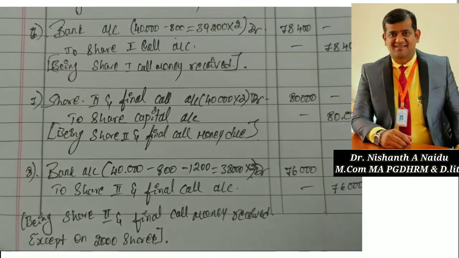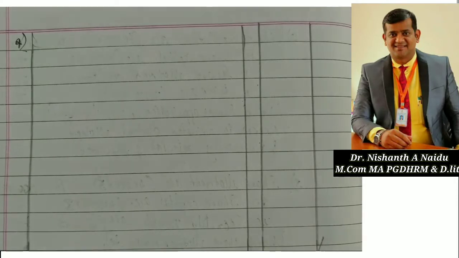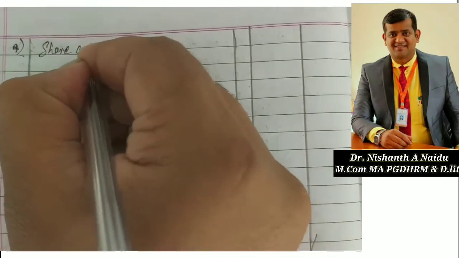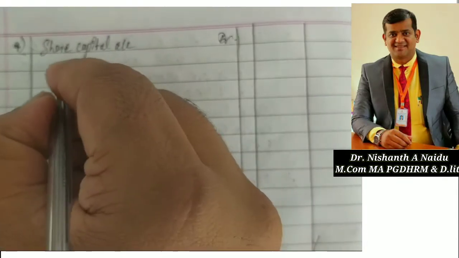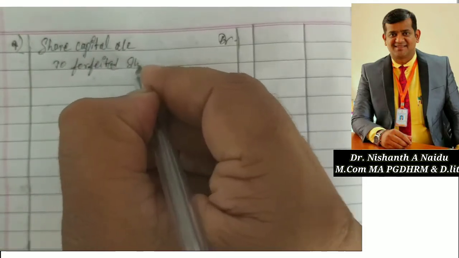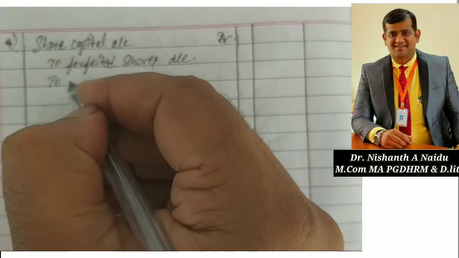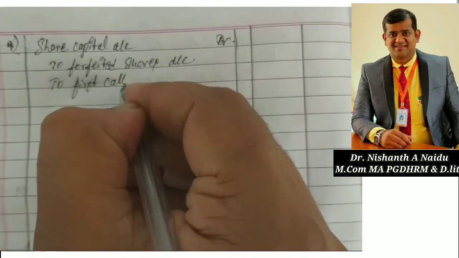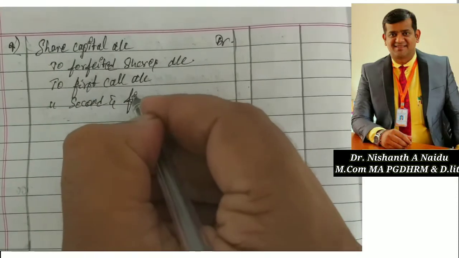Okay, so that is forfeiture of shares. So now I am doing the 9th entry. 9th entry is for forfeiture entry. So forfeiture entry, write down share capital account debtor to forfeited shares account, to, which are the calls they did not pay? First call account to second and final call